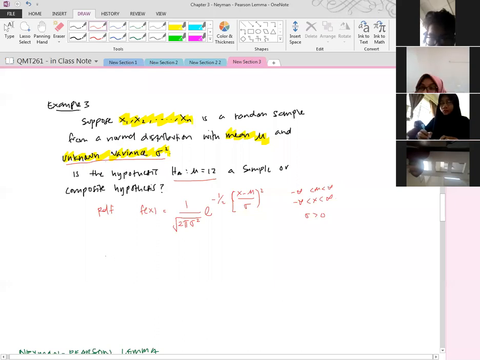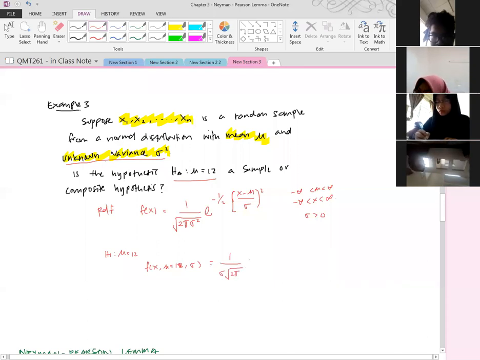For the null hypothesis, mu equal to 12, the PDF will be f(x) with mu equal to 12, and the variance is still unknown. It becomes 1 over sigma square root of 2 pi, exponential negative 1 over 2 times (x minus 12 divided by sigma)